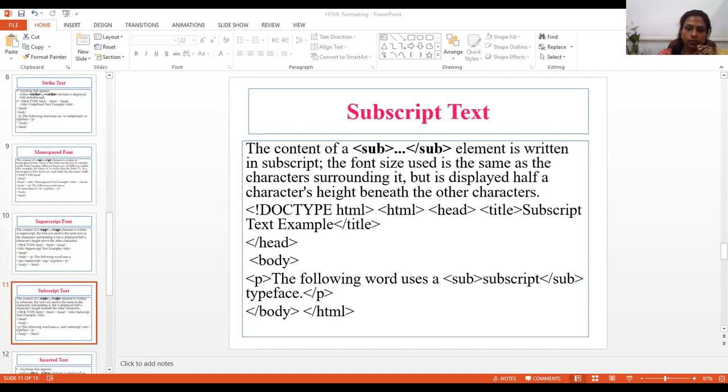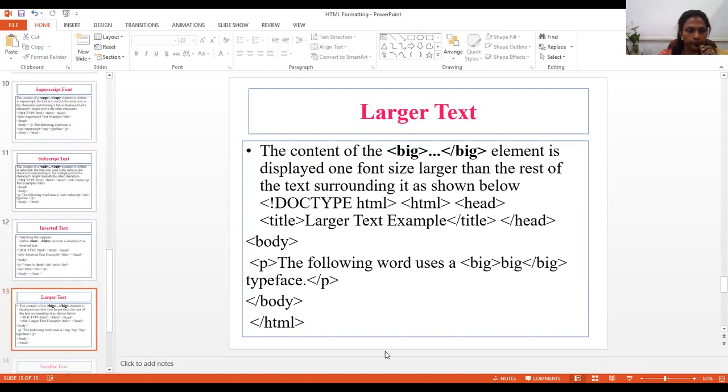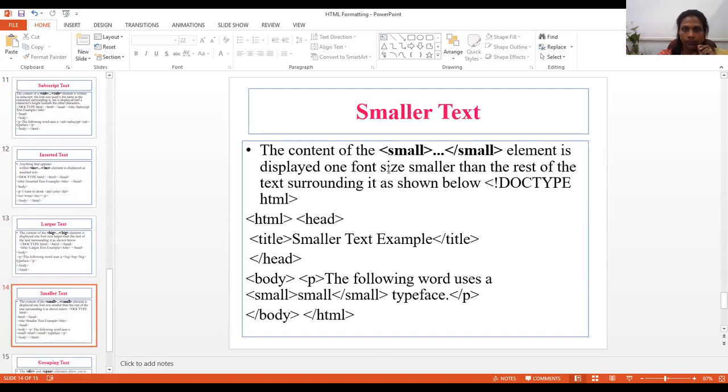These are the different formatting tags which we have seen. We have seen the h tags, which include h1 to h6 tags, and also how to bold a particular text and how to underline a text.